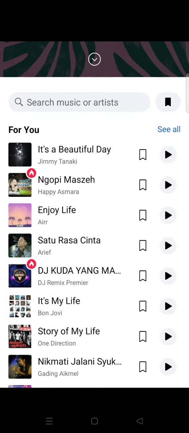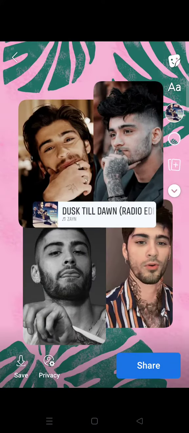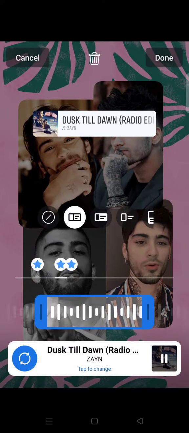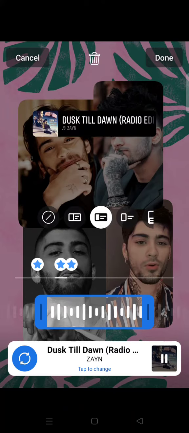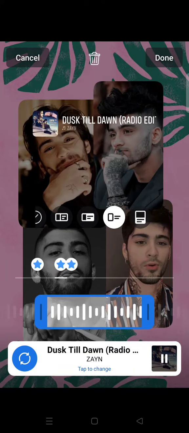Just click on that, and then select the music that you want. Okay, for example, I want to add this music right here. Just click on the music, and to change the appearance of the music, you can click on the music, and here there will be a few options that you can choose. I'm going to select this one, and you can also choose which part of the music that you want to